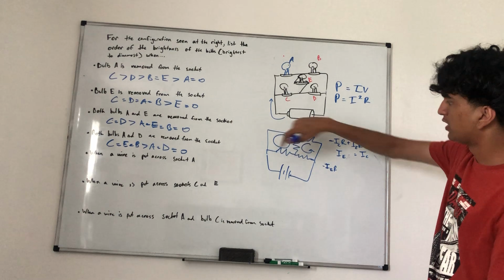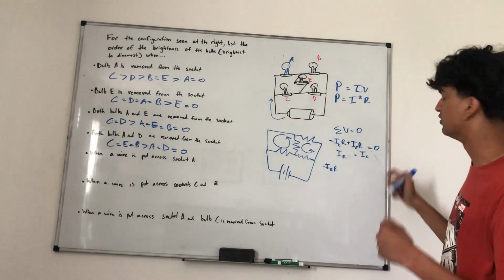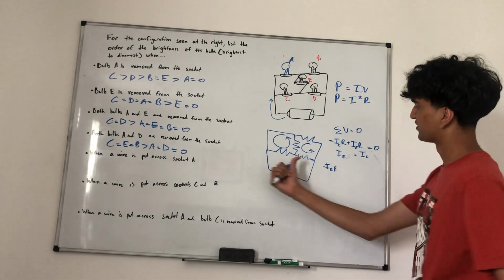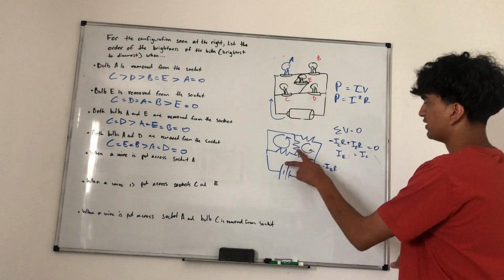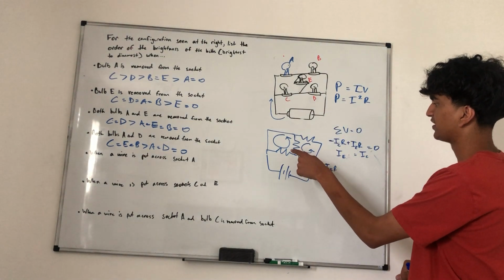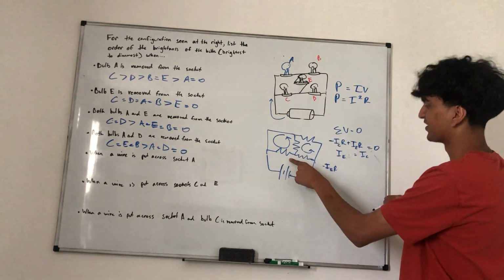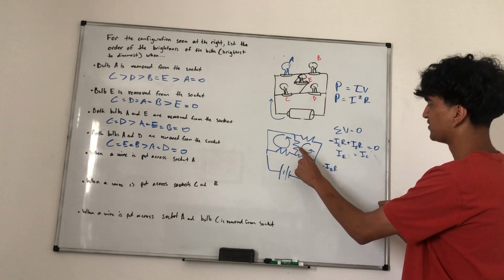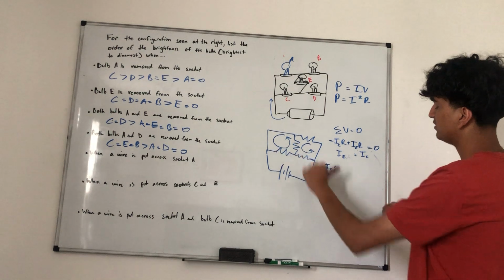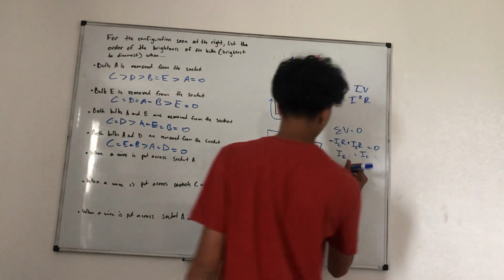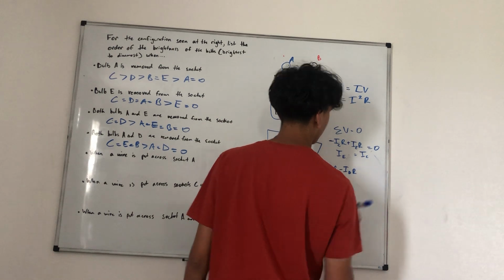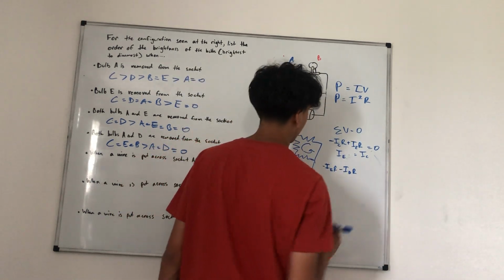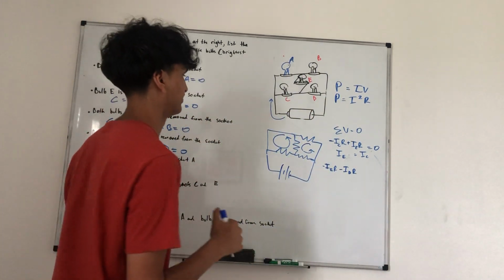I think in this case you might not need to do this, but whatever, I'll just do it. Current going through C plus the current going through E, you're going to get D with current going that way. So it's going to be another minus ID times R plus,